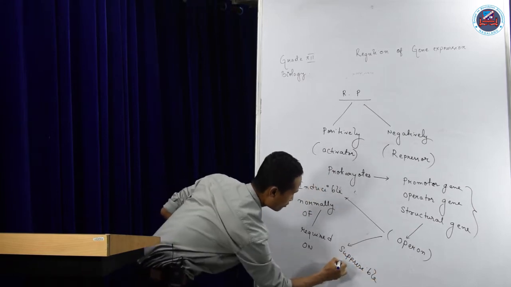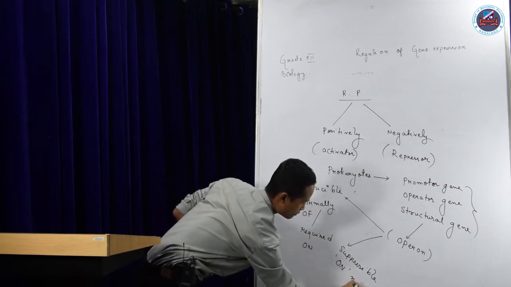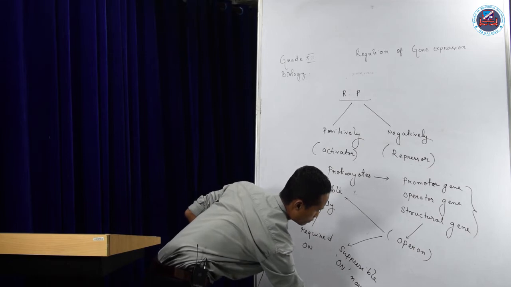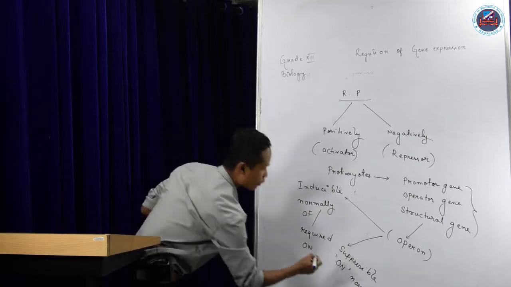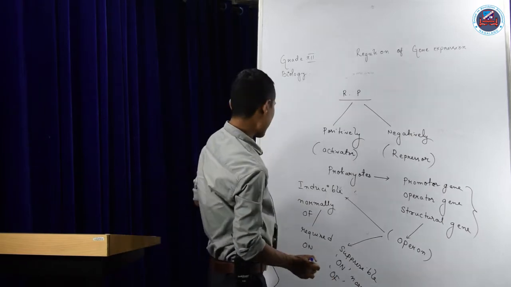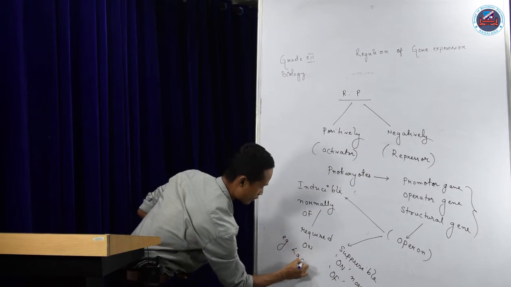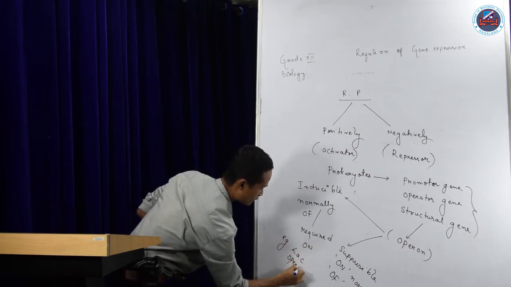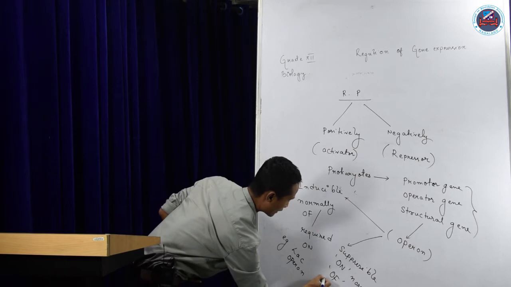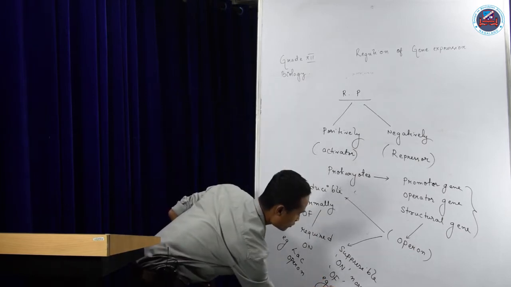means normally they remain on, but when it is required they will switch the system off. So as an example of inducible, you can take the Lac operon, and this operon is there in your syllabus. And an example for your suppressible operon is the tryptophan